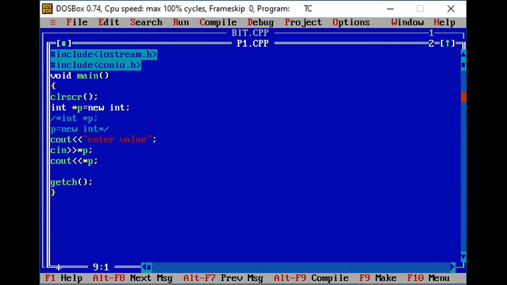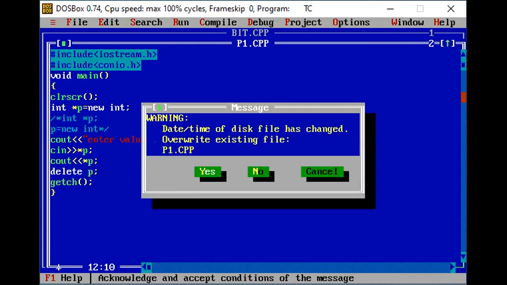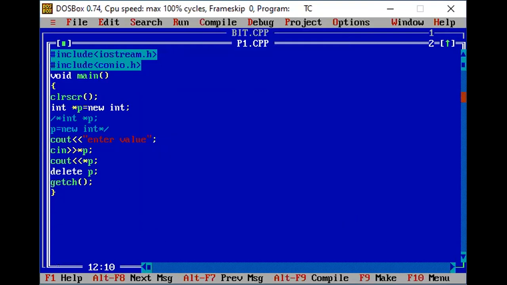Here I am going to enter the value of p and display the value of p. When I have dynamically allocated the memory, it's my responsibility to deallocate it. Otherwise, the variable will hold the memory address and it will not release the memory. Then what is the way by which you deallocate or release the memory? As in C, you must have heard about free. But in C++, we use delete. The pointer where I dynamically allocated the memory, I will delete that memory and release it. Let's compile it. There is no error.